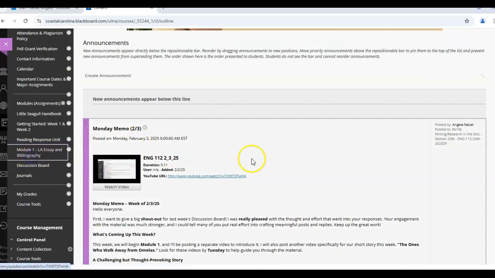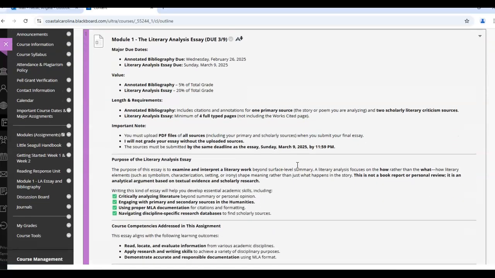So Module 1, we're going to click in there. This is your first big paper. It's due Sunday, March 9th, so we've got about 4.5 weeks or so. It's your literary analysis essay, worth 20% of your grade. You will have an associated annotated bibliography worth 5% of your grade, which is what each of those reading responses is worth. So you've got two parts, the essay itself and then this very brief annotated bibliography,